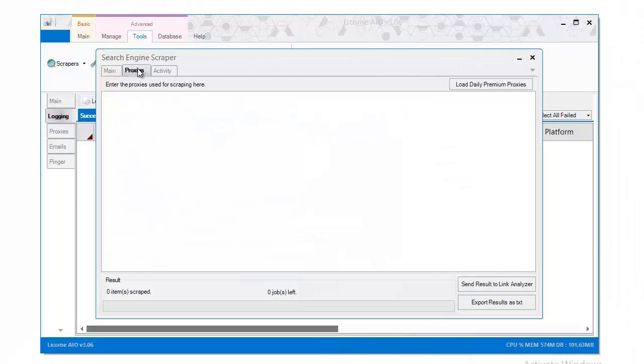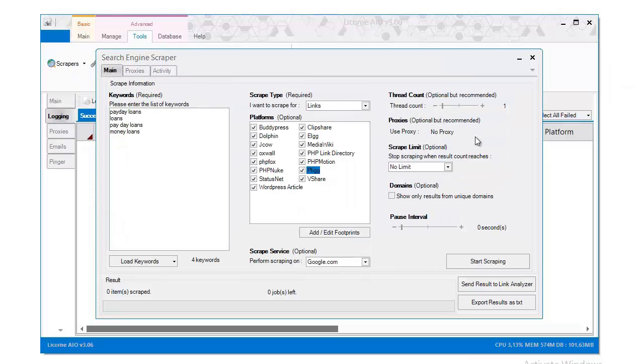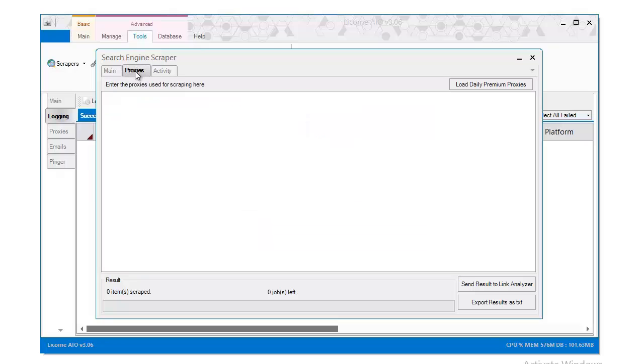Another cool feature is that you have to use proxies. First of all, you have to use proxies when you scrape, because otherwise Google is going to ban you. It's going to ban your IP if you make more requests per second than it would be natural for anyone using it to search. So that's why you have to use proxies, and Licorne gives you an ability to use their own list of proxies, which is updated daily,